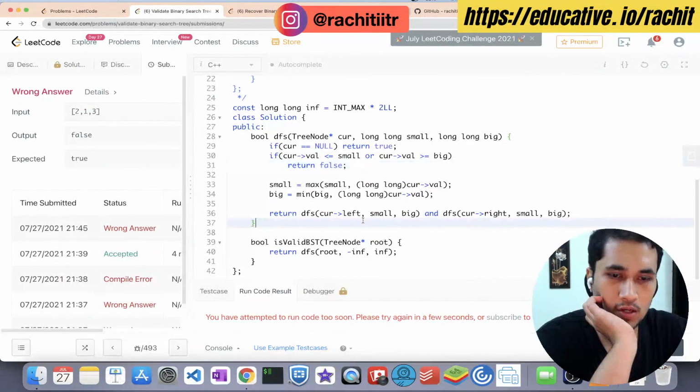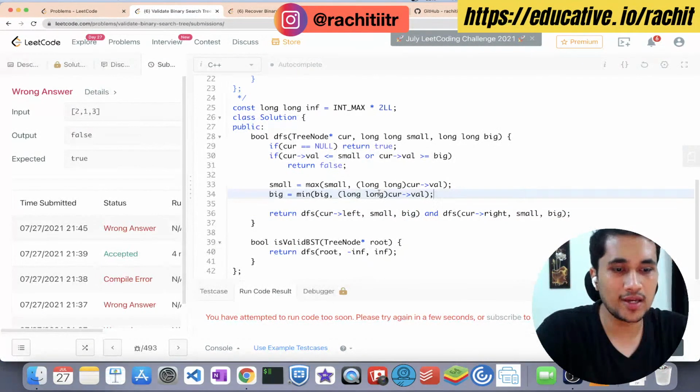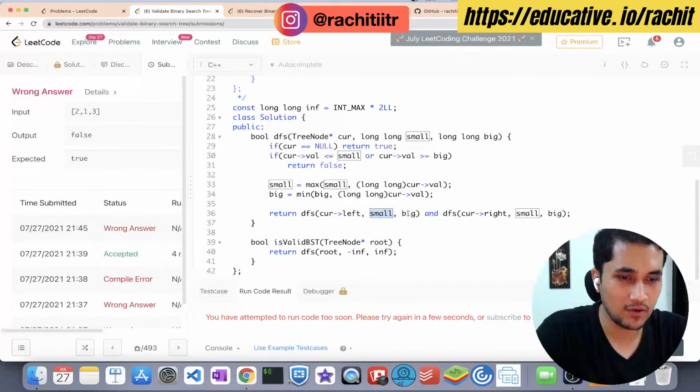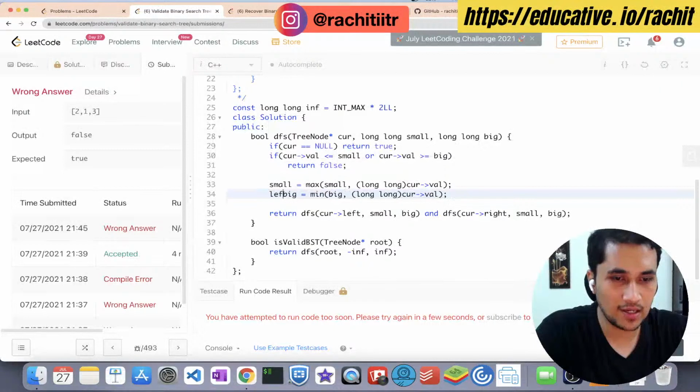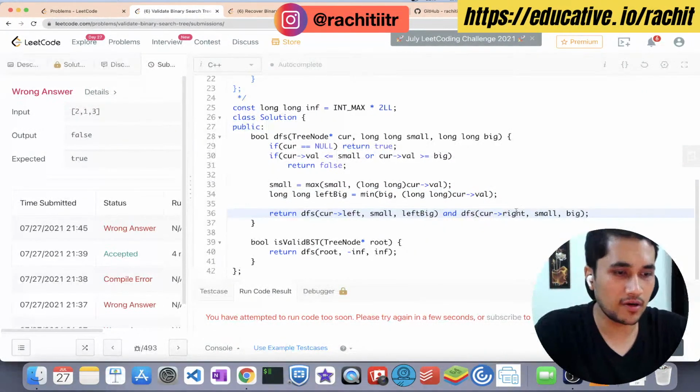So when I'm going at 1, okay, so this is not right. I'm updating the constraints in both, which is not cool. So when you're going to the left, the small will stay the same and big will only get modified. So you can say left big, and this is long, right? When you're going to the right side,